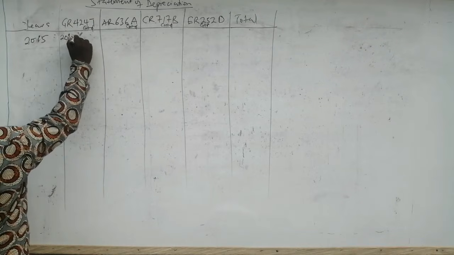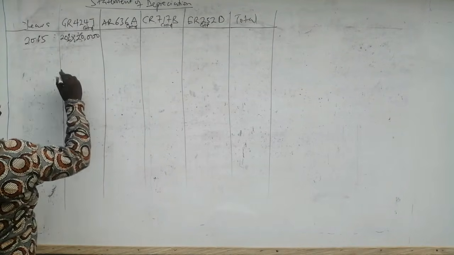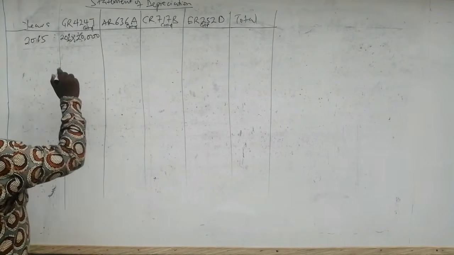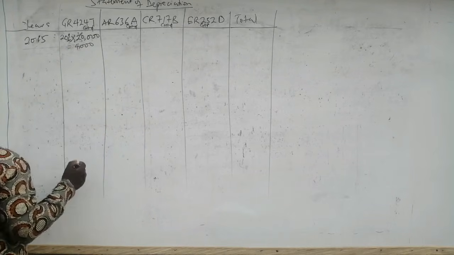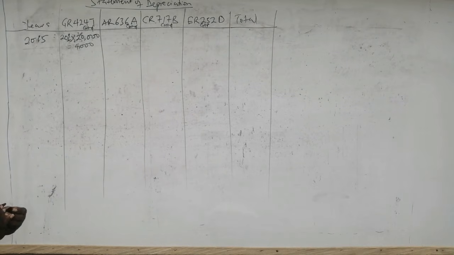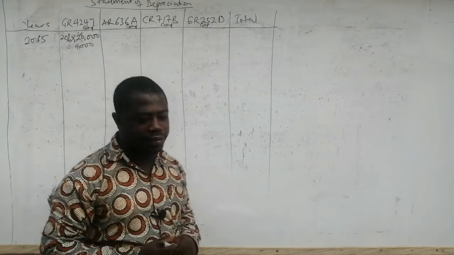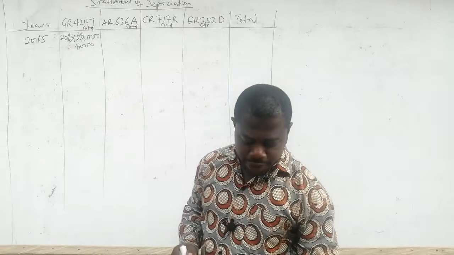So 20% of 20,000, and it's for the whole year. That is going to give us 4,000 Ghana cedis. And so that is the depreciation charge that we are going to have for the first asset: 20% of 20,000, giving us 4,000. Then the next asset is